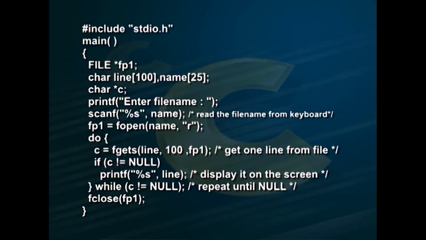#include <stdio.h> main() { FILE *fp1; char line[100], name[25]; char *c; printf("Enter file name"); scanf("%s", name); fp1 = fopen(name, "r"); do { c = fgets(line, 100, fp1); if (c != NULL) printf("%s", line); } while (c != NULL); fclose(fp1);